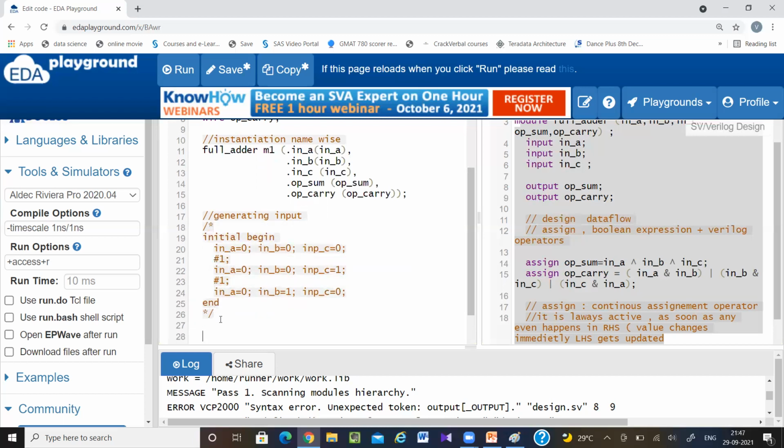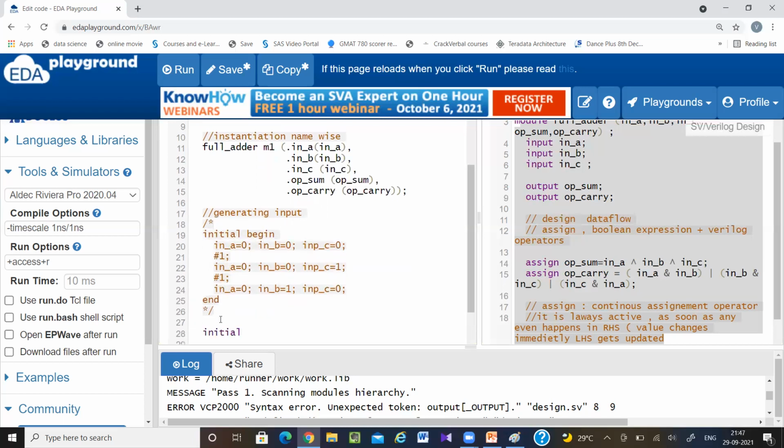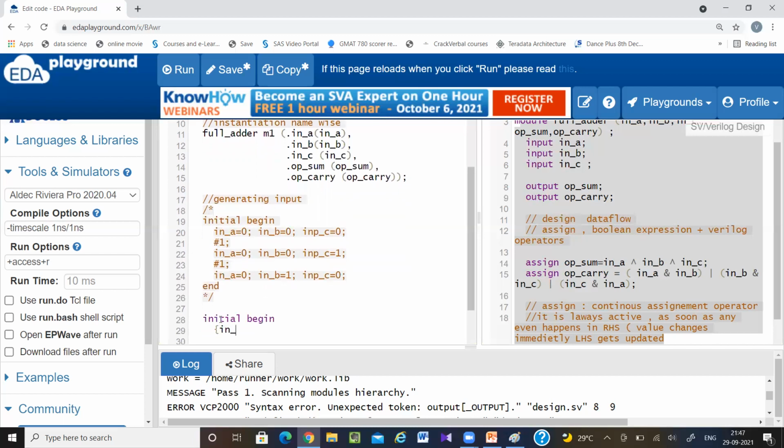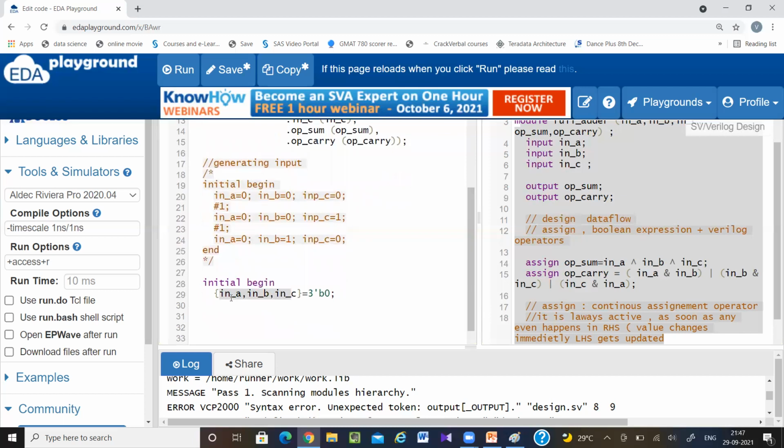Instead of this, I can write initial begin. Here I have concatenated the three inputs. The concatenation operator means that initially they were individually one bit each, and I combined them to make a 3-bit signal. Then some delay.